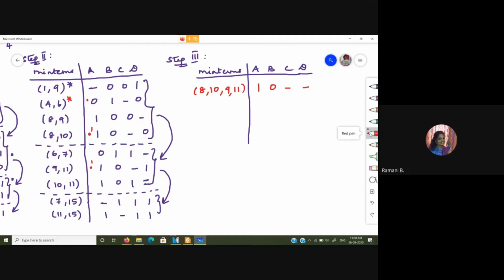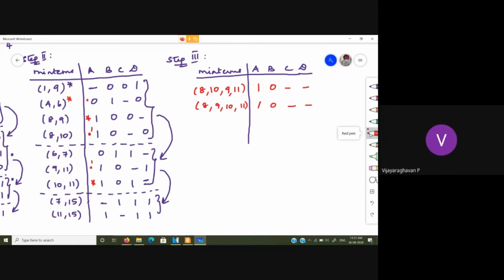Then checking for the last position dash. So here you have the last position dash in these two, that is with 6 comma 7 and 10 comma 11. So with 6 comma 7, here again the first three values change, so we cannot have that. So we shall compare this with this 10 comma 11. So you are having 8, 9, 10, 11. Here 1, 0, you are having dash in the last position. Now C also changes, so you have this one. Okay. Now we have compared all the first pair group with the second pair group.